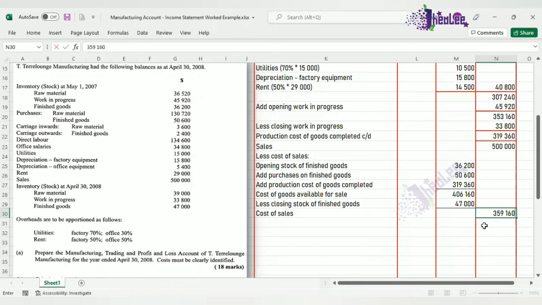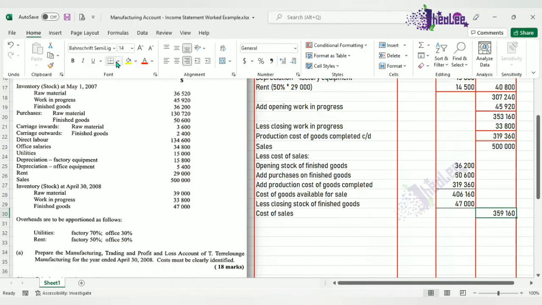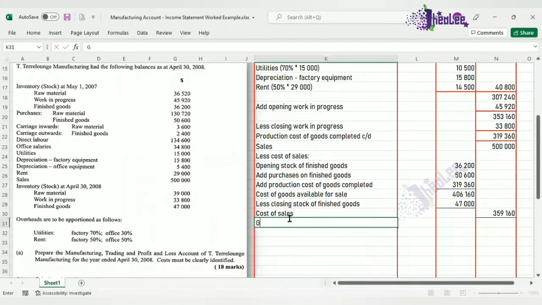Having subtracted our closing stock of finished goods from the cost of goods available for sale, we have a cost of sales of 359,160. And guess what? We are now going to subtract that figure from the sales, and that is going to give us gross profit. Now, our gross profit figure is